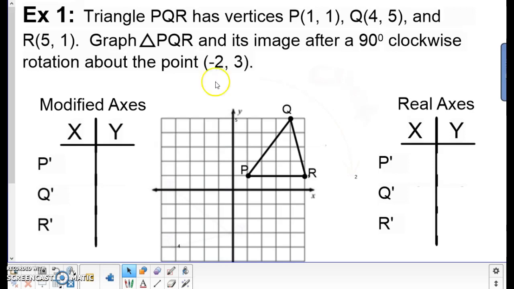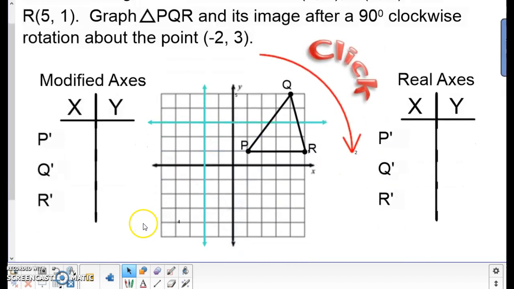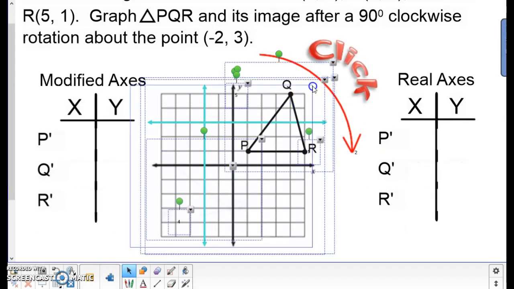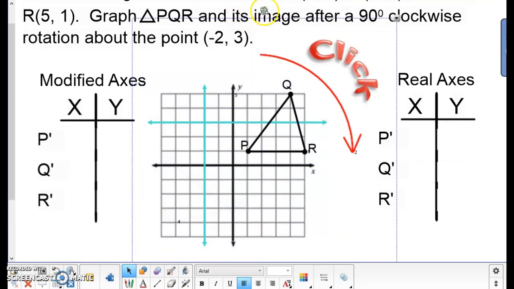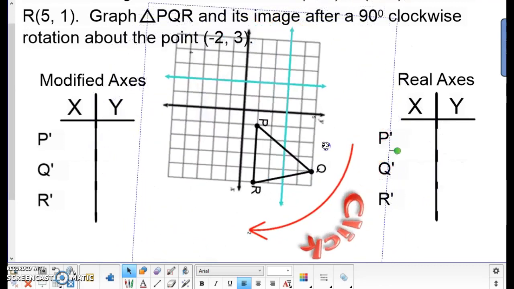So we want to rotate it about this point negative 2, 3. We need to draw these new modified axes, like I did on the last one, but remember the last one was in the same spot because we were rotating around 0, 0. So we're going to rotate around this point. We are still going 90 degrees clockwise. So I'm going to wrap this all up so I can spin the whole thing together. If I spin it 90 degrees clockwise,